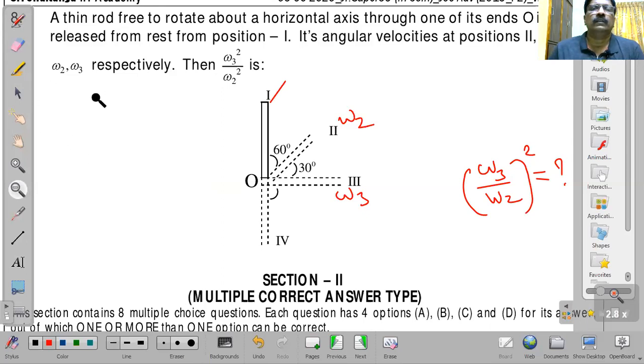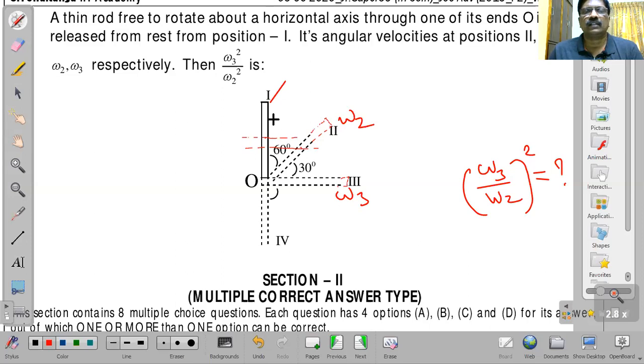Okay, you see here, this is the position of the rod, and it is the final position of the rod. Here the central mass of the rod is here. The central mass when the rod comes to this position is here. Central mass when the rod becomes horizontal is here. So initially the central mass is at this height. Finally the central mass is at this position.